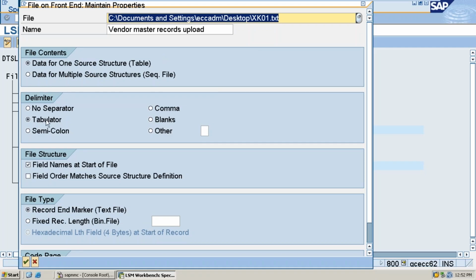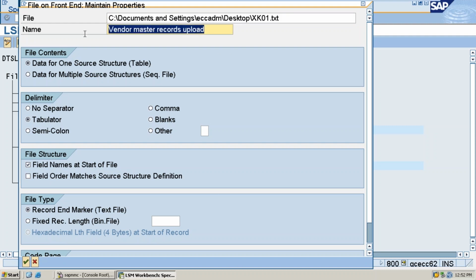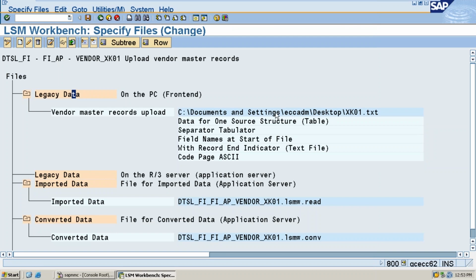Okay, so select the tabulator option. You understand why I select the tabulator? Field to field, how it will be separated, tab wise. Okay, field names. The rest of the details are the same, no need to do anything. What I have done is enter the description of the file step, then attach the file name, selected the tabulator, and select the field name checkbox. Okay, don't select the checkbox, not required. Then press enter. The file has been specified, into the selection of the save.